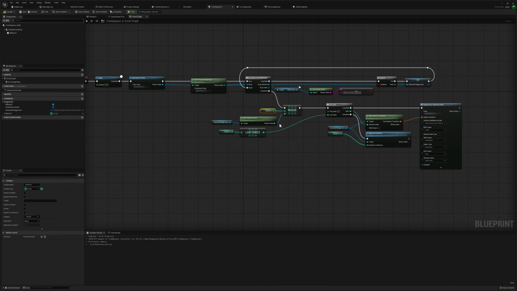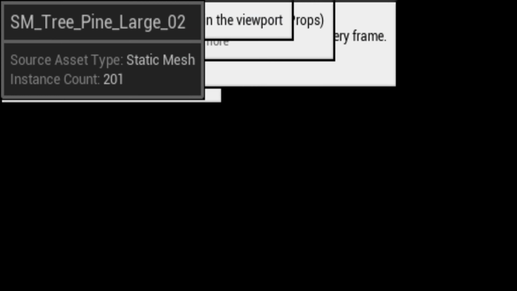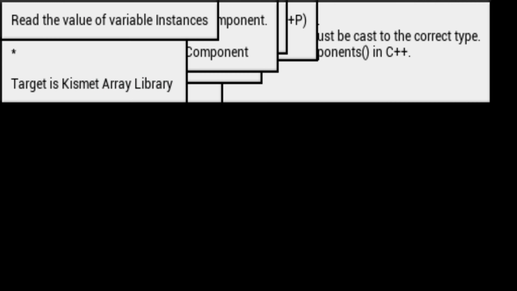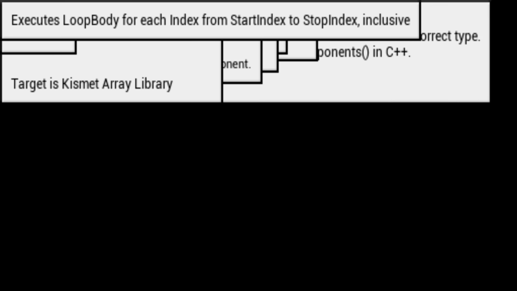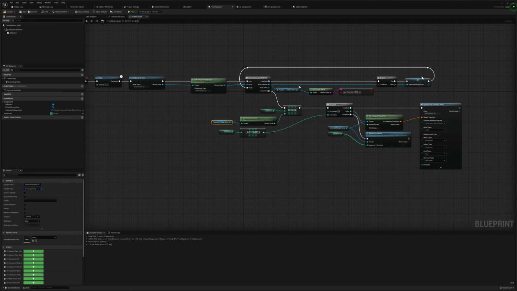and then set this in a new variable. It's just an integer array, but we're resizing that array to be the size of whatever it is that we just found. So in this case, there are, I think it's 201 of those large pine trees. So what it's doing is it's setting the size of this array to be the same number of trees that we found. So then I'm getting the last index of that, which would be starting at 0, it'd be 0 to 200. So I'm looping through from 0 to 200,